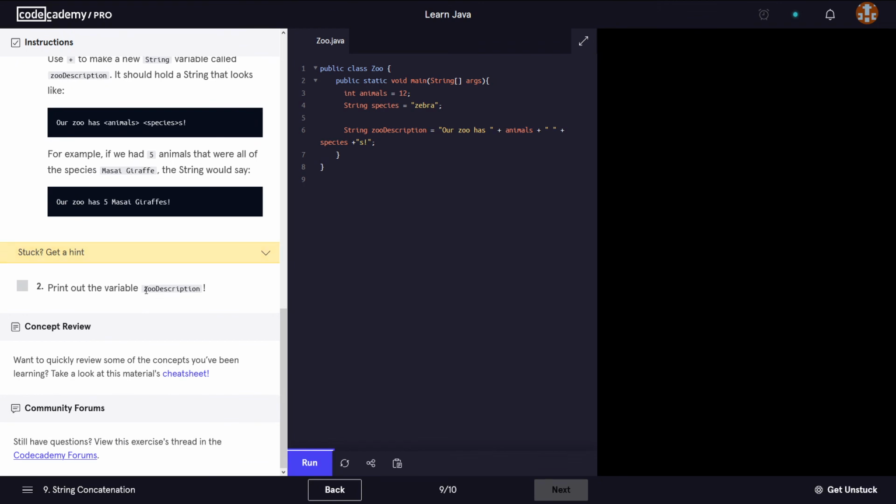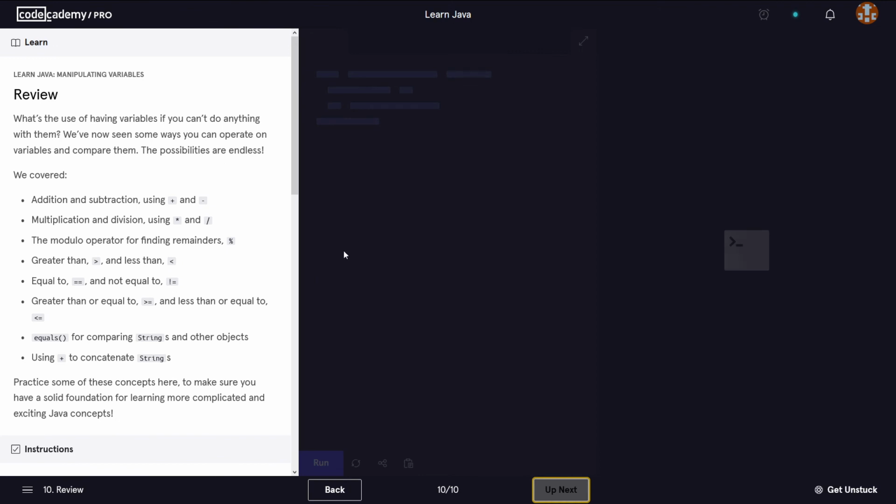And then print out the variable zoo description. So if we do system.out.println zoo description, our zoo has 12 zebras. Our zoo has 12 because we have 12 here, so animals is replaced by its actual value. And then we have a space, which is this space in between 12 and zebras. And we have the S and the exclamation mark that comes from here. Okay. We can now move on to the next and